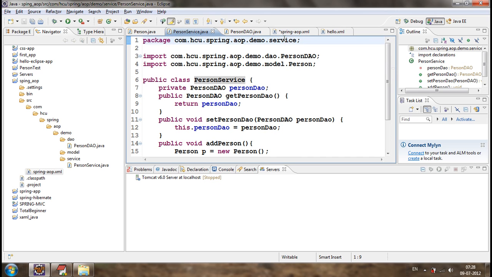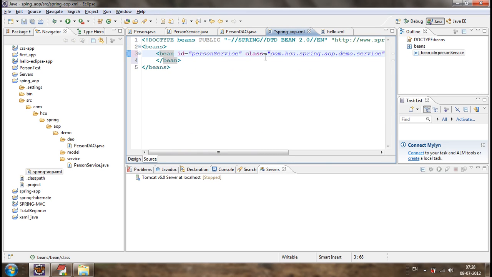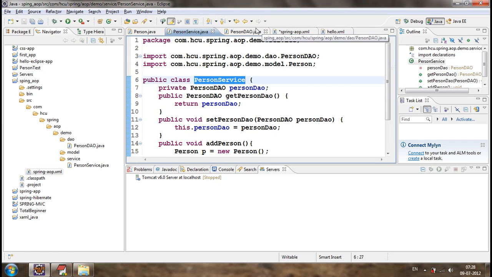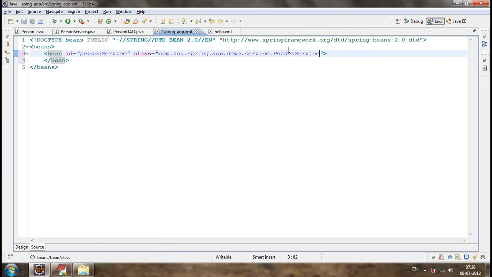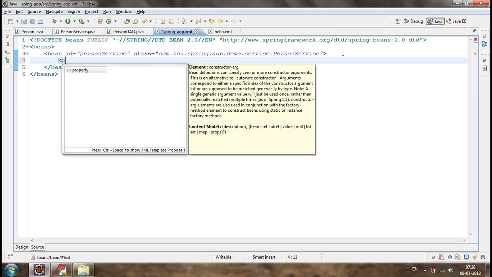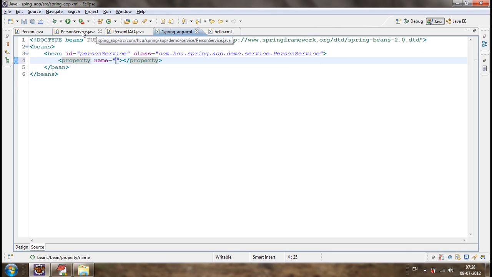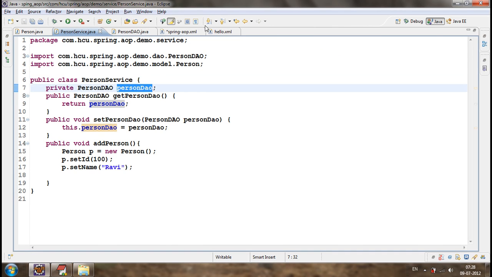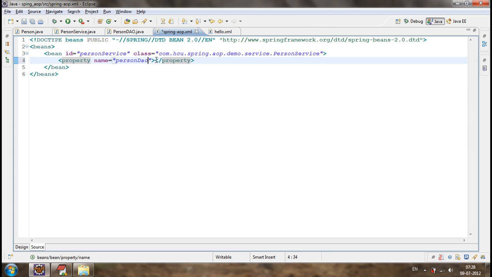I'm configuring the service in the XML file, and I'll try to inject, what's the class name? Person service, okay, and I'll try to inject the dependencies through setter injection. Property, what's the name of the property in the person service? Person DO, okay, and ref equal to